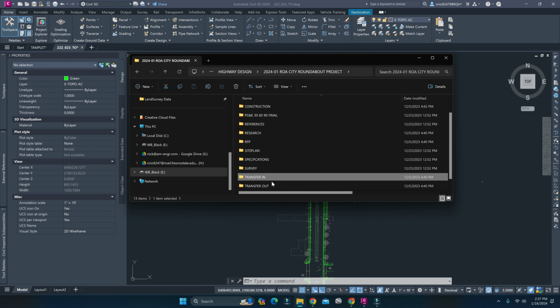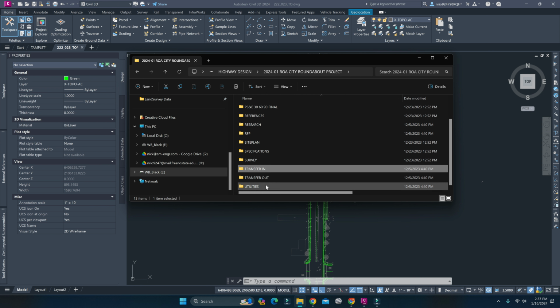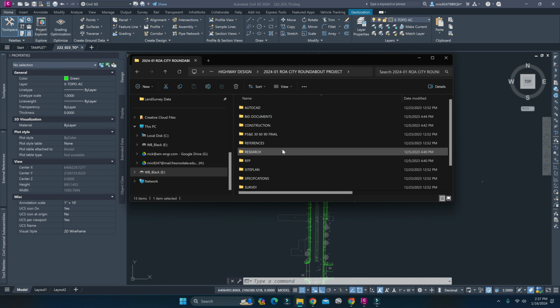Transfer in is like if you received a file from somebody, you put it here, and the person managing this folder will take all the transfer in and put them somewhere. Utilities will be utility plats you get from the utility company, telling you that there's stuff there. So all the utility information would go in that folder. Usually you also have in specifications,